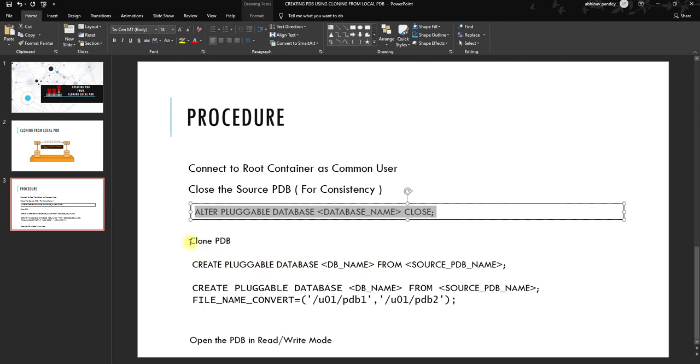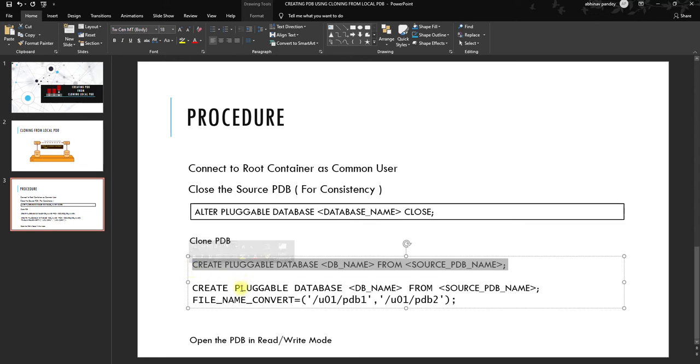Now you have to clone the PDB. What you need to say here is create pluggable database, the new pluggable database name, from the source database name. This will only work if you have OMF set up, as I have already defined. If the file name convert is not mentioned anywhere, it means that OMF is set up.